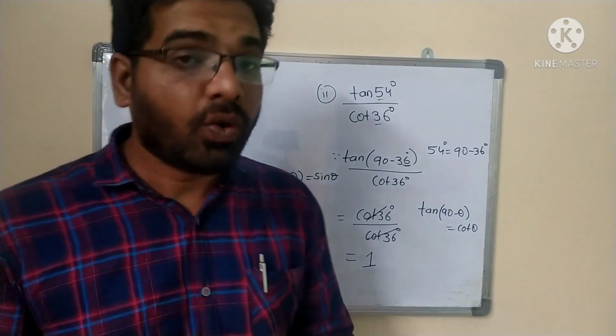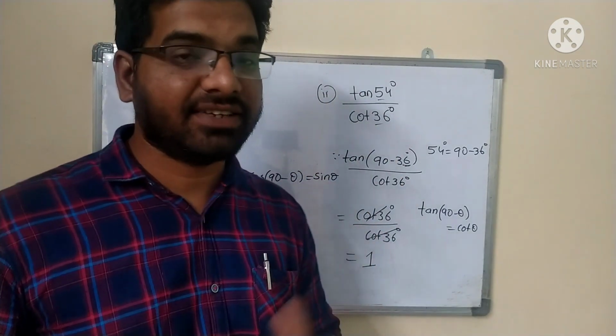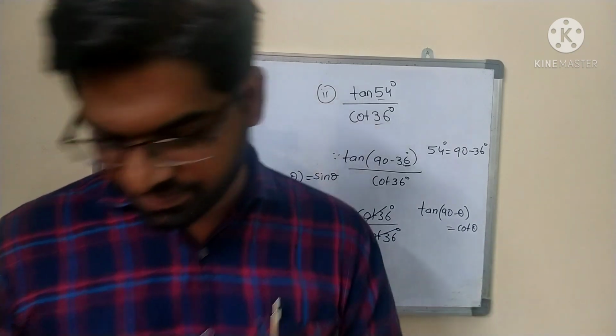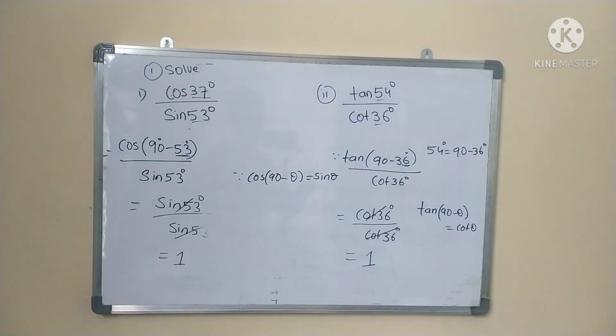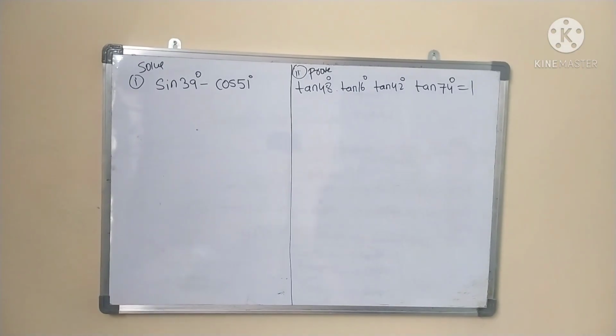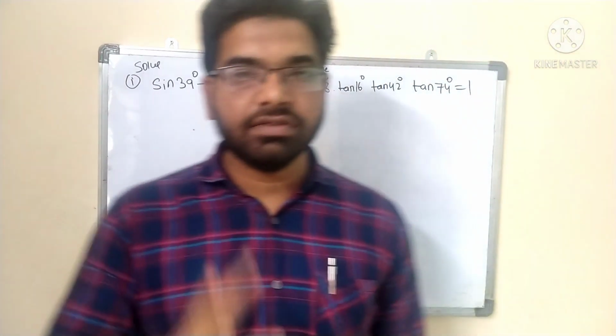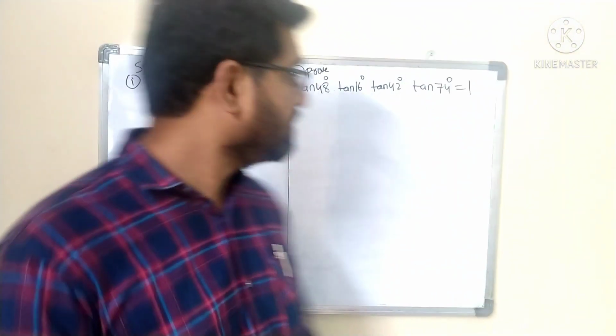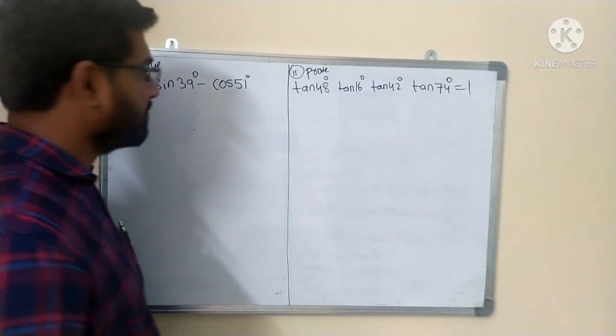In the numerator we can change. What if plus is there, minus is there? What can we do here? Let's see. I have taken 2 more example problems. Now there is a difference here compared to the previous one.